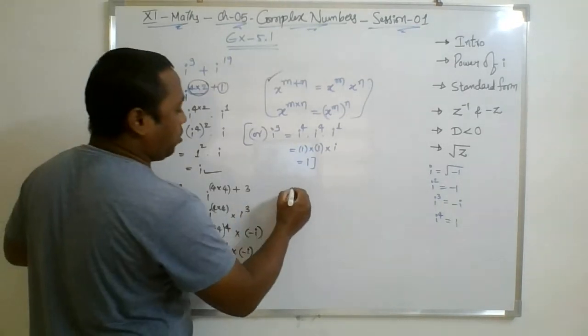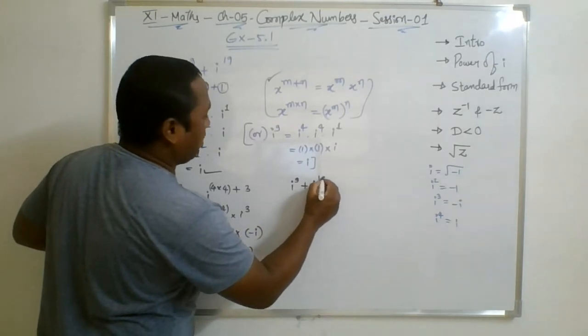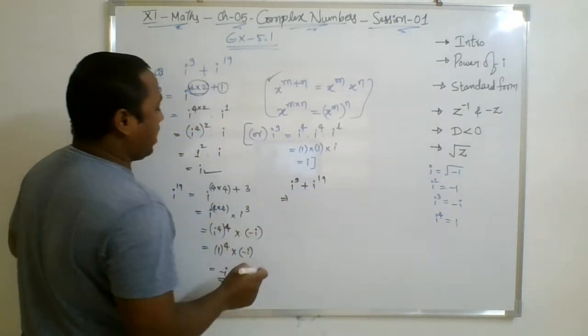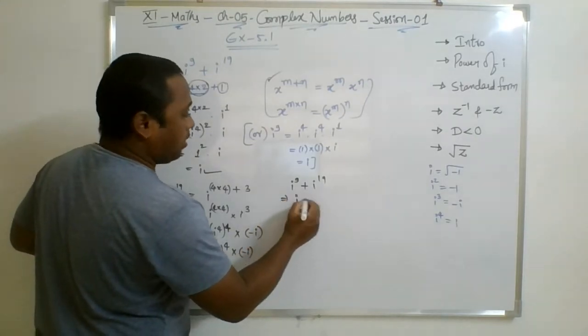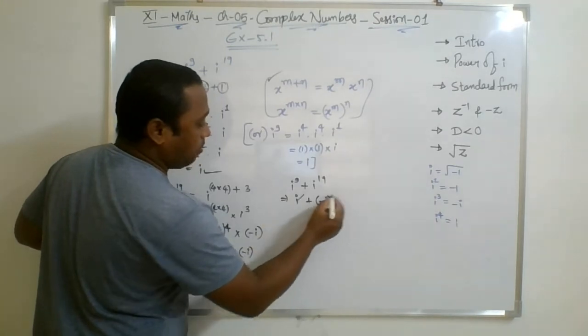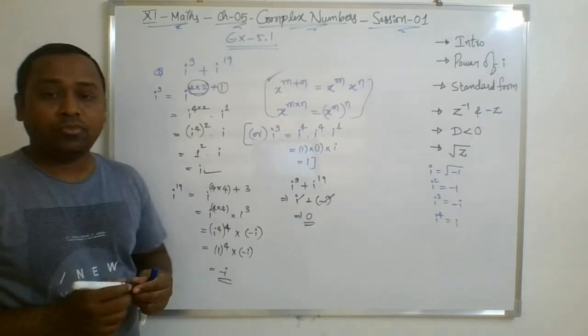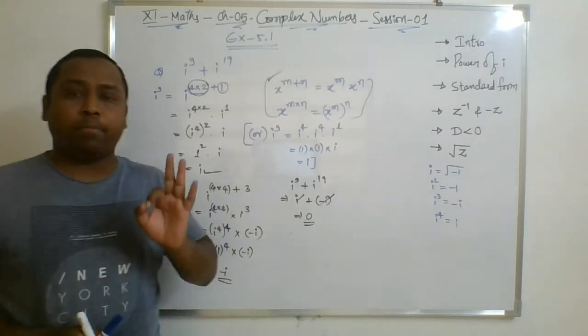Now finally what do you want to find? I power 9 plus I power 19. I power 9 value is I, I power 19 is what? Minus I. Plus I minus I get cancelled. Answer is 0. So when you are solving the power of I,